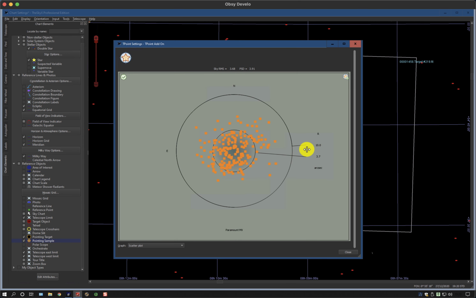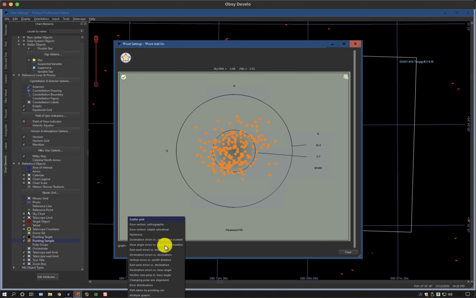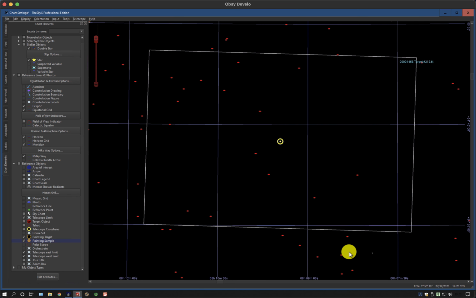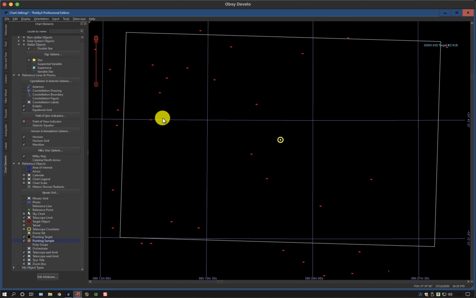If I expand this out and then change this to multiple graphs, these are all the different types of analysis that the program is working out. And sometimes you see a distinct pattern where, depending on a particular setting, you get a particular type of error. And it's characterizing the mount in terms of a number of different mechanical attributes. So I can close that for the moment, and what I'm going to do is just see if it works in practice. So if I zoom out,